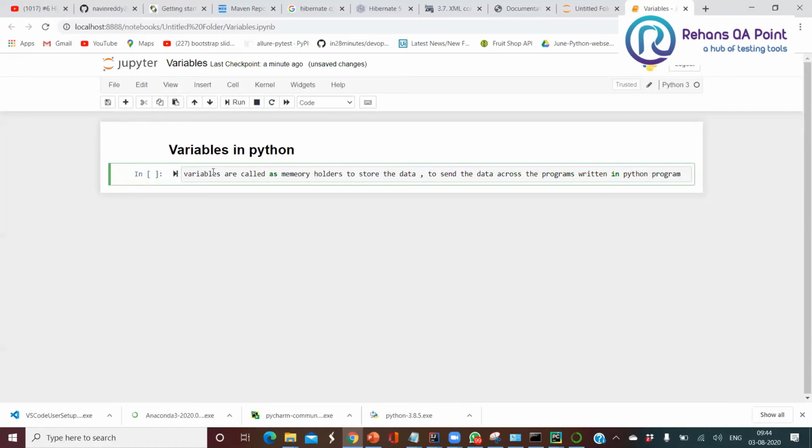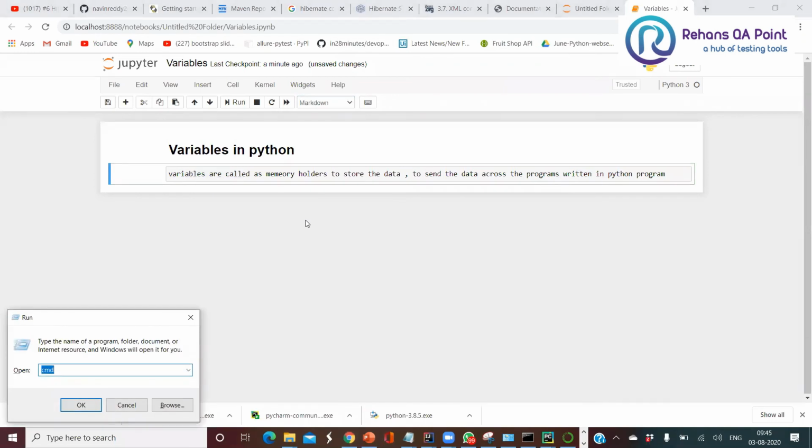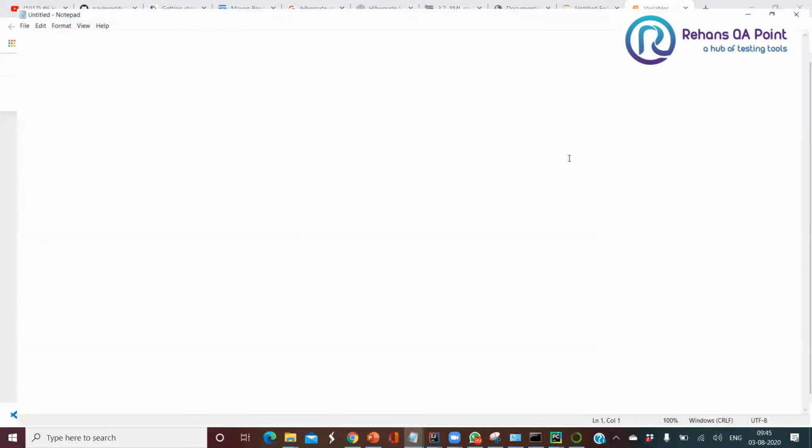Okay, so if I want to store any data or if I want to send any data, variables are used to store or to send the data. If you want to store the data or send the data, we'll be using variables. Okay, for example, let me take a new example which is going to help you very easily.